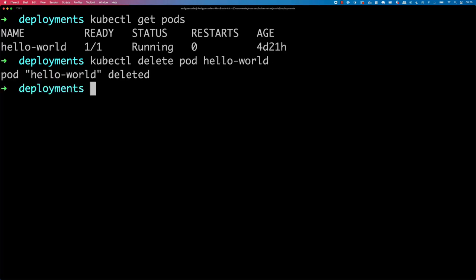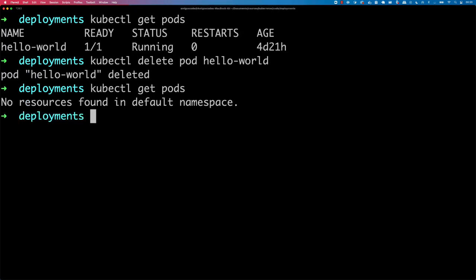There we go. Now if I type kubectl get pods, you can see that no resources found in default namespace. So I've just killed a pod, and the pod doesn't self-heal, right? So we don't have another pod. Now this is very dangerous because if you have an application, you always want at least one replica of your